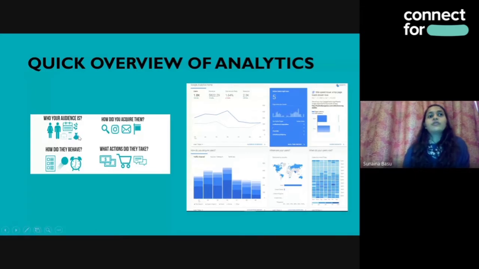So do they have an affinity for something else? Like maybe green living? Are they in market for other products as well? And they'll also give you alerts, saying, for example, you have a site speed issue. This is just an overview, but it goes into a lot of detail: who your audience is, how you acquired them, how they behaved, and what actions they took. And this allows you to improve upon your website, as digital presence has to become a priority right now.